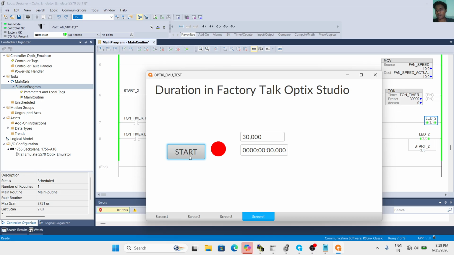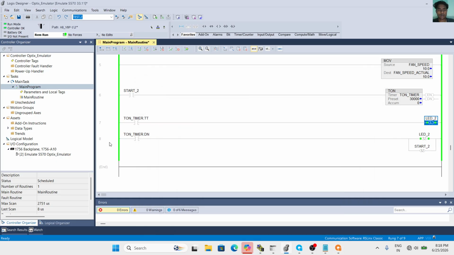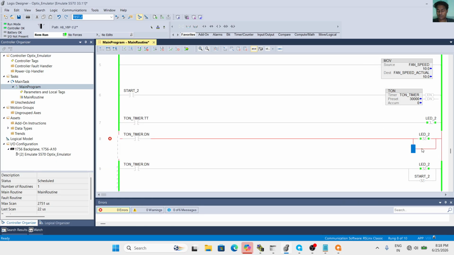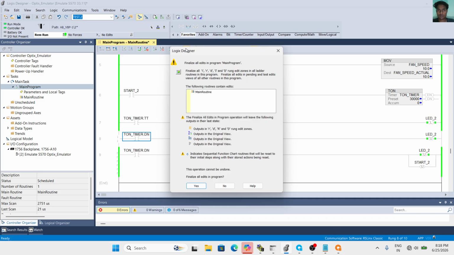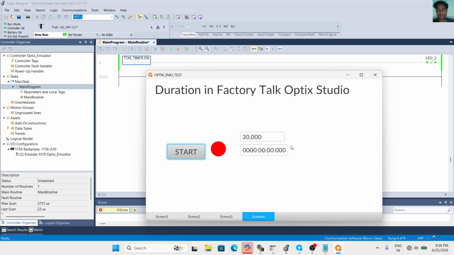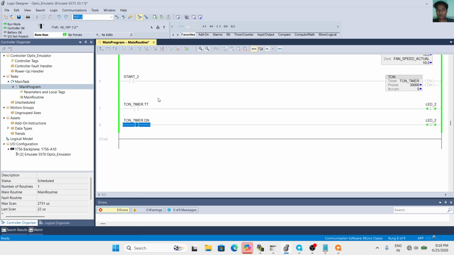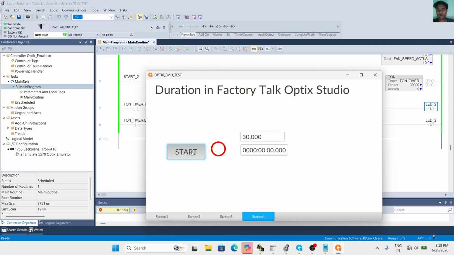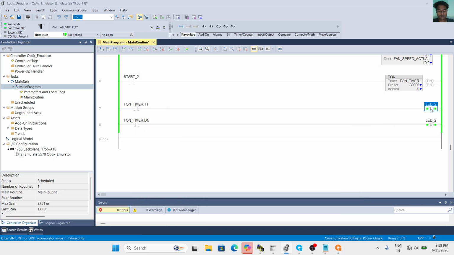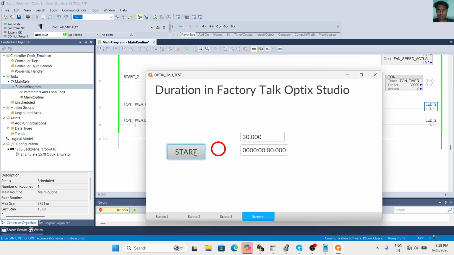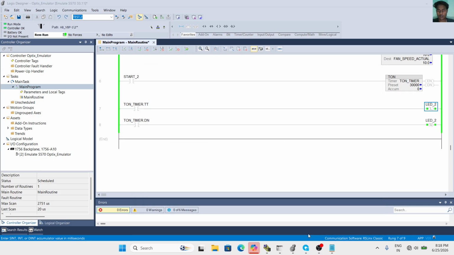When I press the start push button, it is not working.